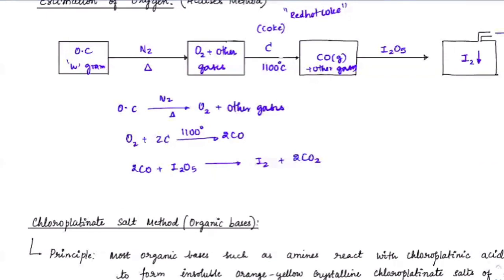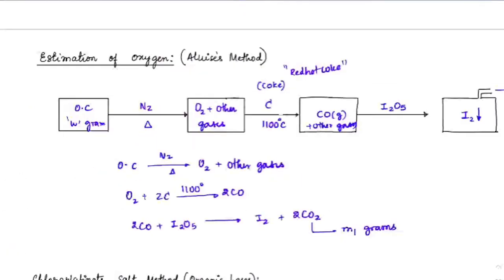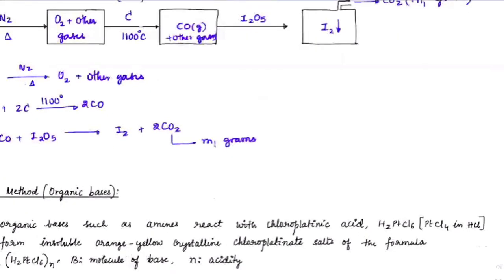right? So this gas will have m1 grams. The mass of that is being checked, so we will get m1 grams. From this m1 grams, we will estimate how much oxygen is present, because if it is m1 grams of this, you know how much oxygen will be present in it. That weight you will calculate divided by W. So what would that be? The percentage amount of oxygen will be m1 divided by 44 multiplied by 32 divided by W into 100.